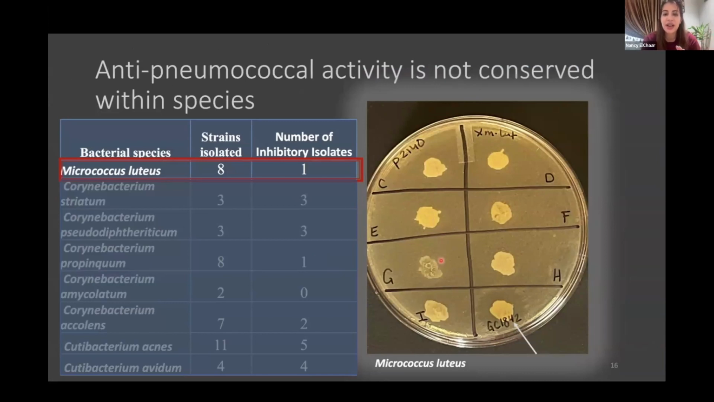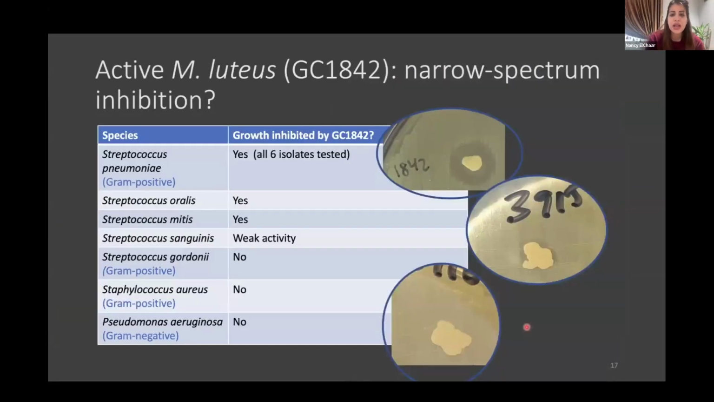So this is exactly the scenario here. In the photo, I have 8 Micrococcus luteus strains. They're all the same species. And we can only see a zone present around one of the strains. I will refer to this strain as GC 1842, and we were interested in finding whether the strain can inhibit